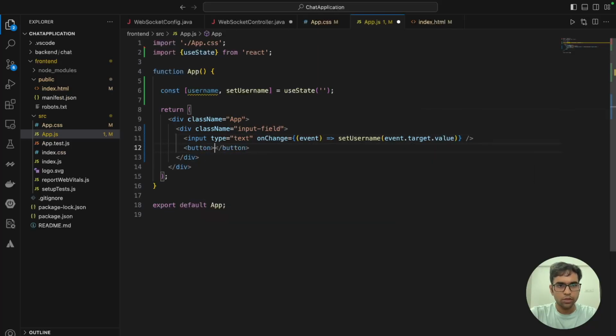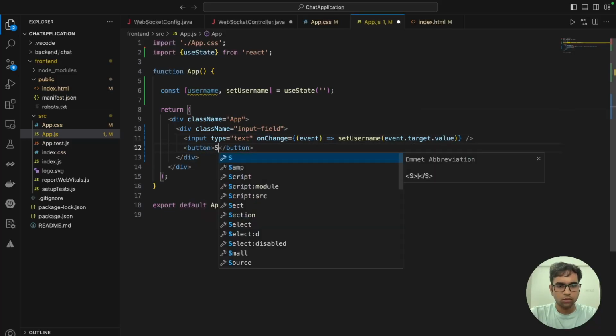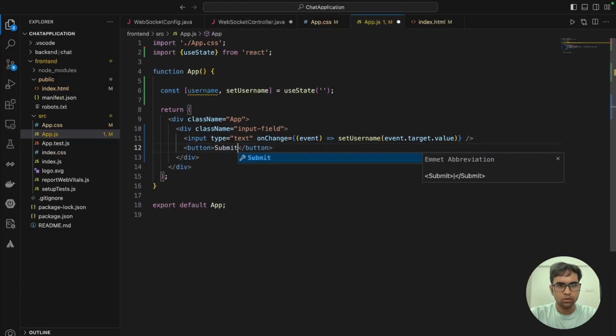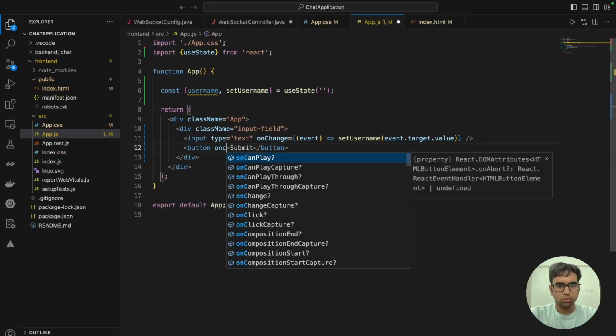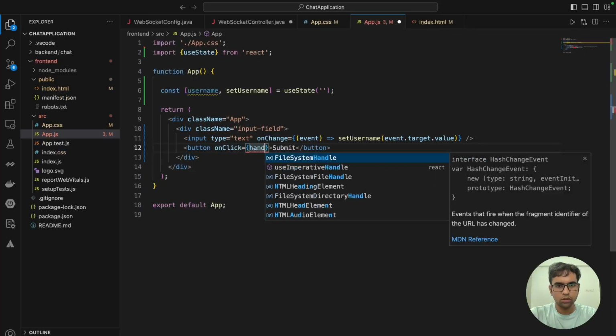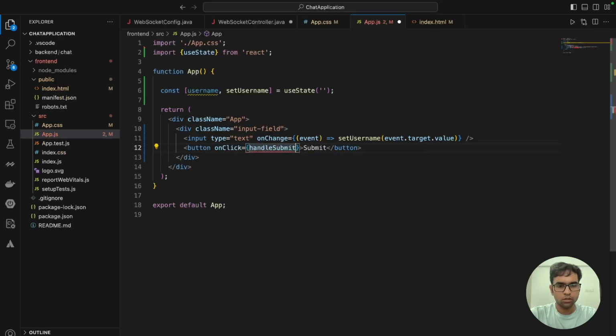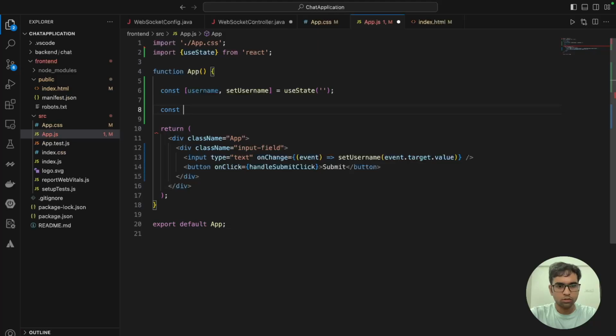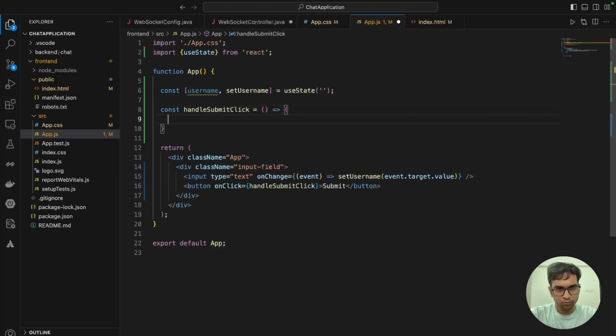And we'll also be having a button called submit, and click will be handling this submit, handle submit click, let's say. Okay, so let's define this function, submit click. So what we'll be doing is we'll have to